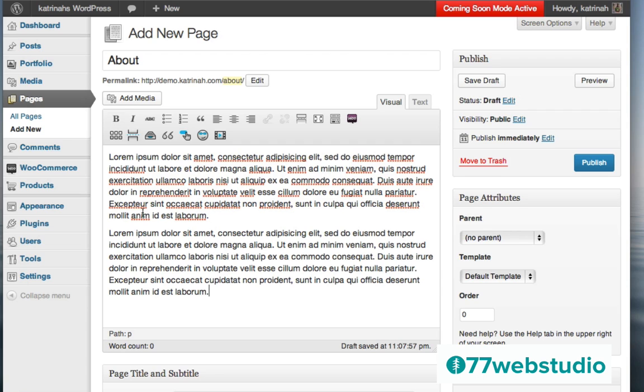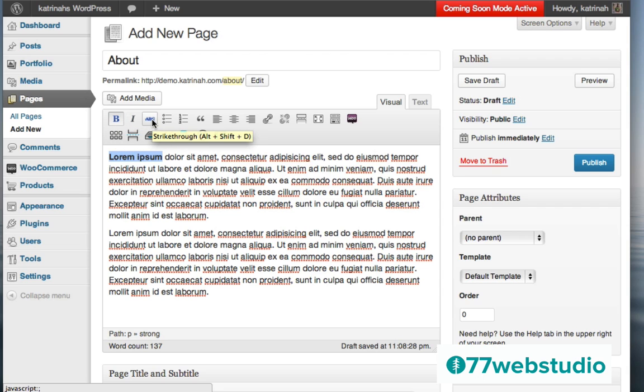So for example, just like you would do with an email or with any kind of word processing program, if I want to highlight this, for example, by just highlighting these words here, I can bold it by clicking on this B right here. And also note that when I hover over each of these icons, I'll have a tooltip which will tell me exactly what this particular icon will do. So the good news is that you don't have to memorize all of these different icons. If you forget what they are, you can just hover over them one by one and you can see what they do.